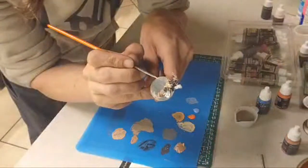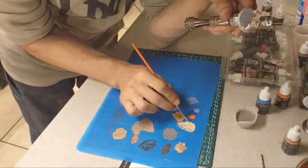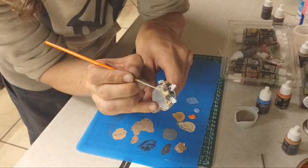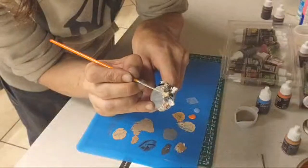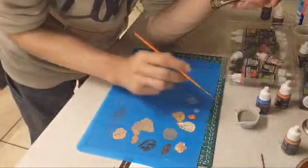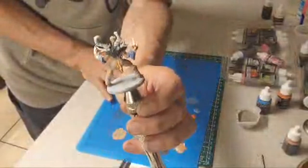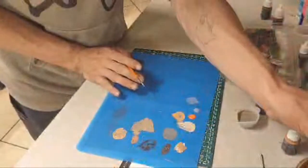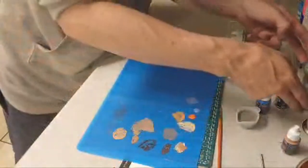Just want to get her eyebrows. And that is her pretty much done. She does need some time to dry, and then I will be able to get a wash over her. I did want to show you guys the neat little thing about this diorama